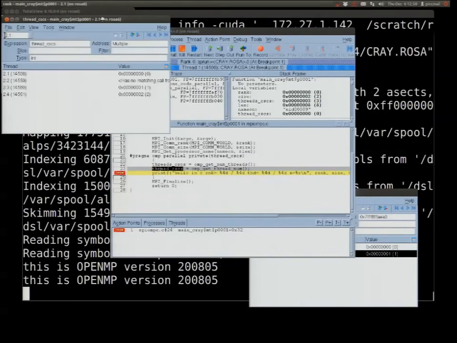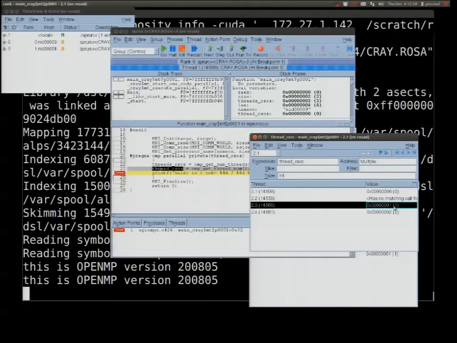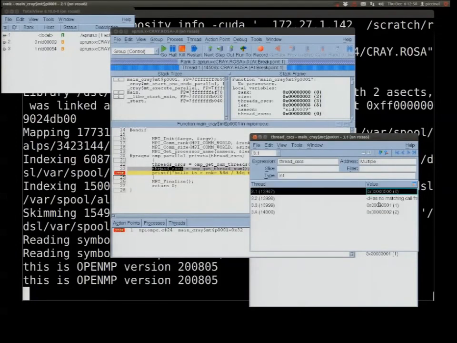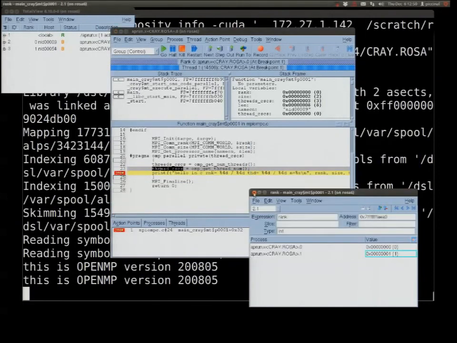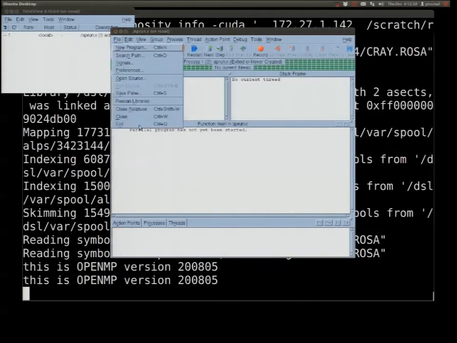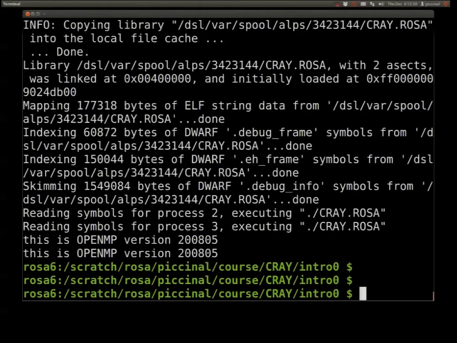I can compare the value of the thread number between the threads, so 0, 1, 2, because we have 3 OpenMP threads. So it's really simple. And it works also with arrays. So that's it.